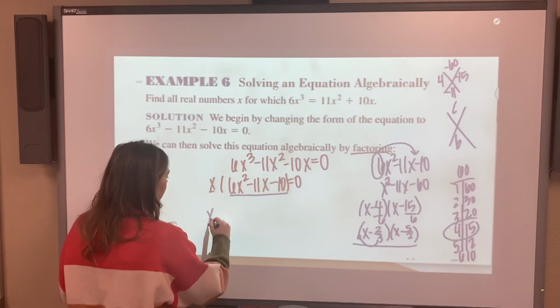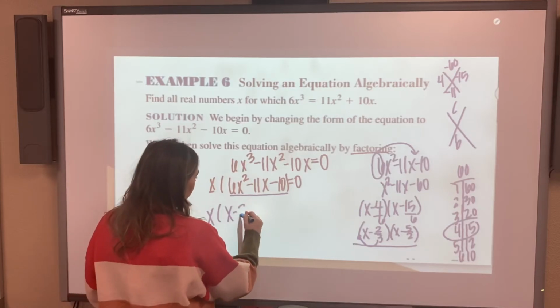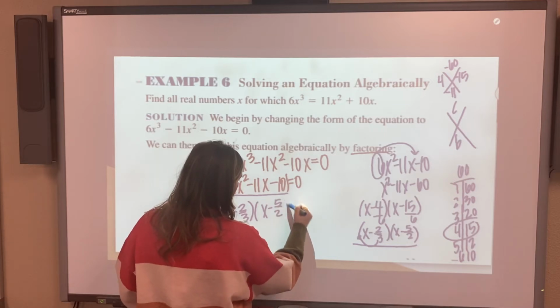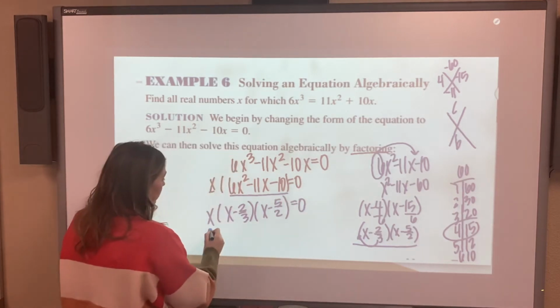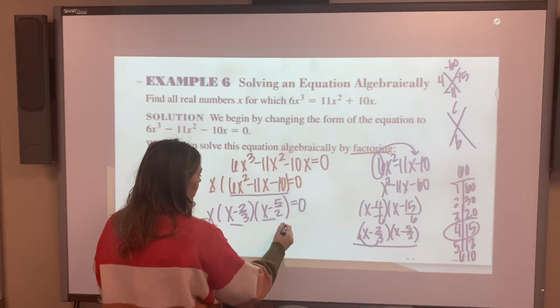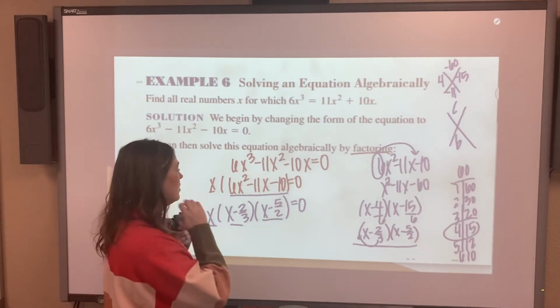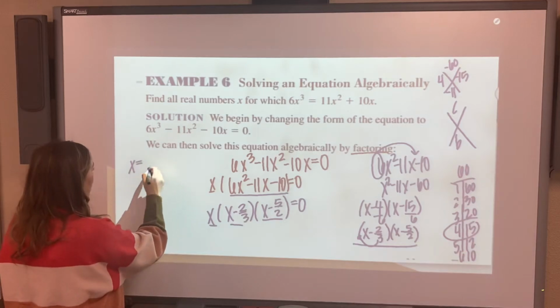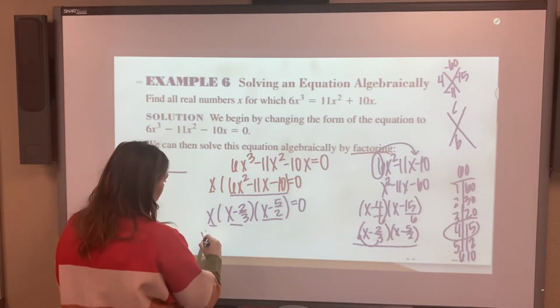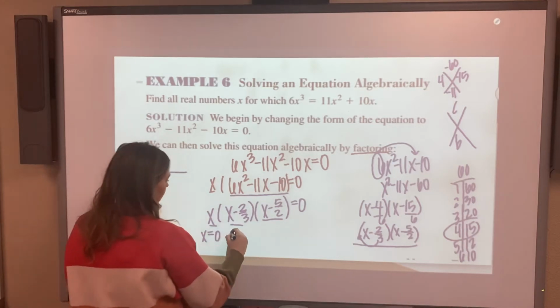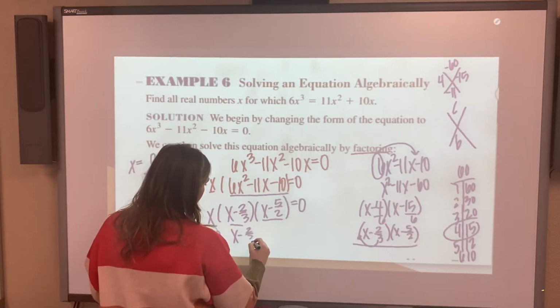So we have x, and then we have x minus 2/3, and we have x minus 5/2, and that equals 0. So I'm gonna plug each of these factors equal to 0. Okay, so x equals 0, well that's just x equals 0. So I'm gonna put all of the solutions here. So x equals 0, that's just 0. So there's one answer. And then x minus 2 over 3 equals 0. If we add 2 over 3 here,